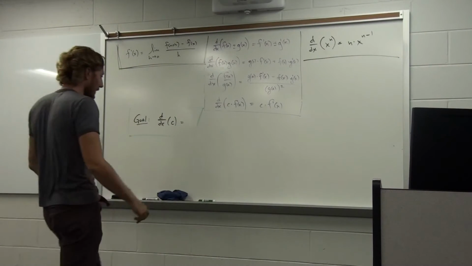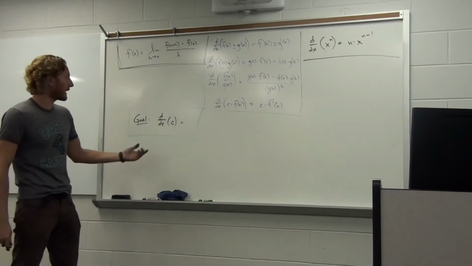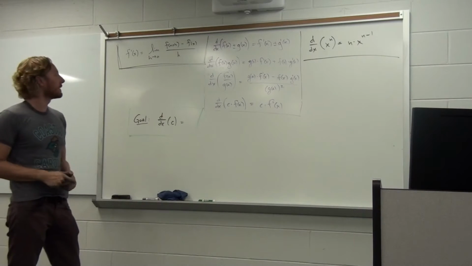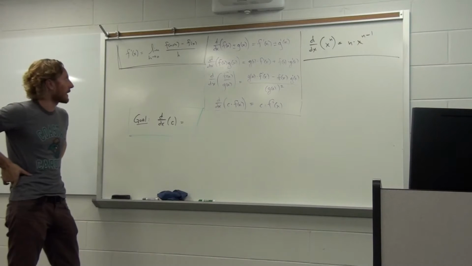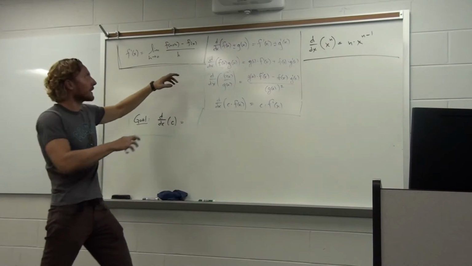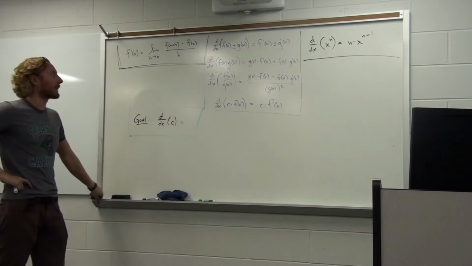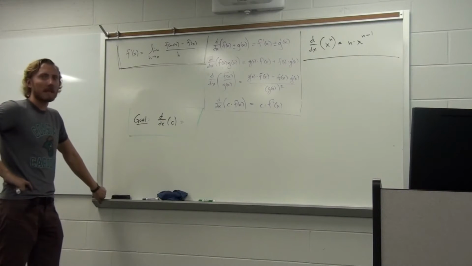All right, so here, something that doesn't look too complicated, but what we're going to try to do is take the derivative of a constant. And then you say, how is this going to work? I mean, are we going to go back to the derivative definition? Are we going to use one of these rules that we've conjured up to this point? And the answer is, we could if we wanted to, but let's just take a step back and think about